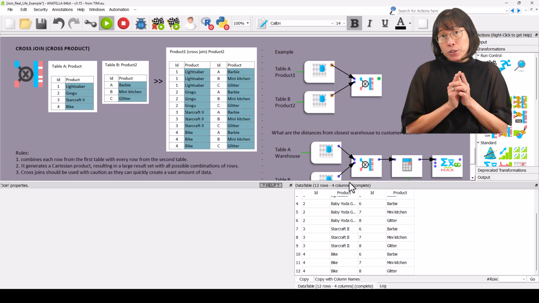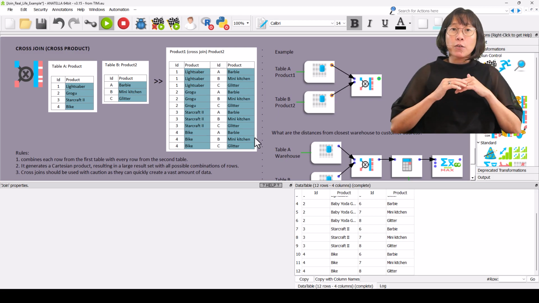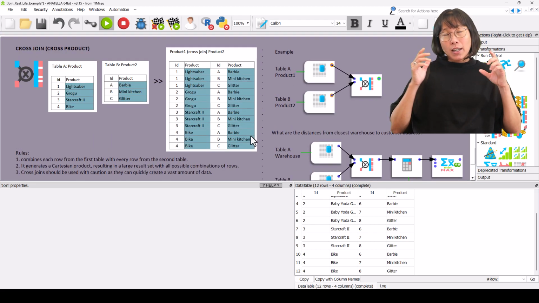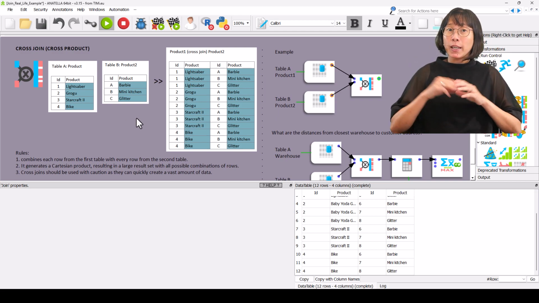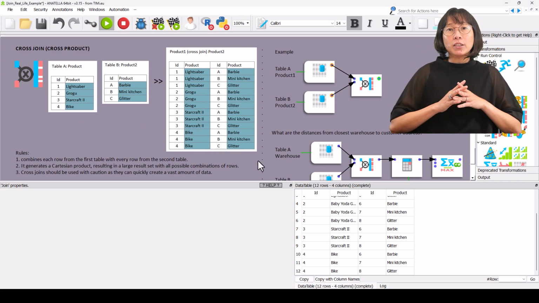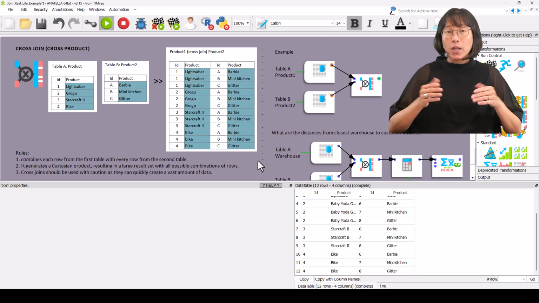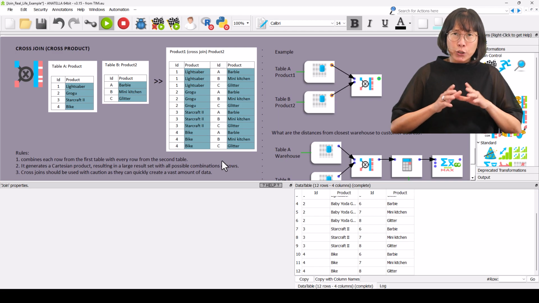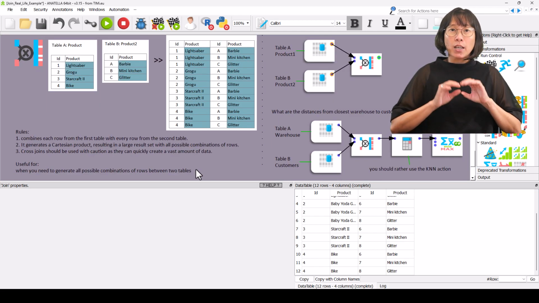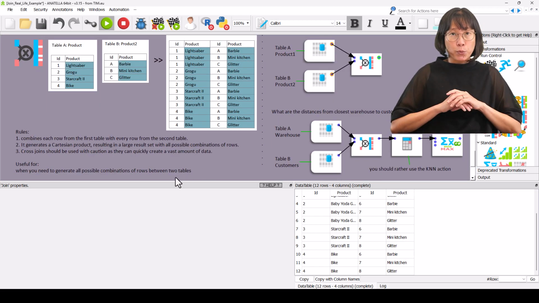It is important to use cross joins with caution, as they can quickly create a vast amount of data. In this example, the table A has 4 rows and table B has 3 rows. So the resulting table has 12 rows, 4 multiplied by 3. Cross joins are useful when you need to generate all possible combinations of rows between two tables.